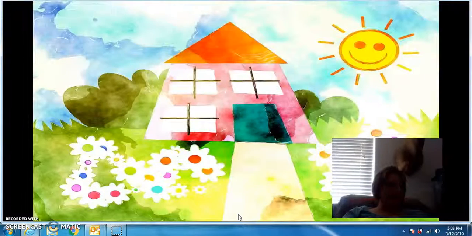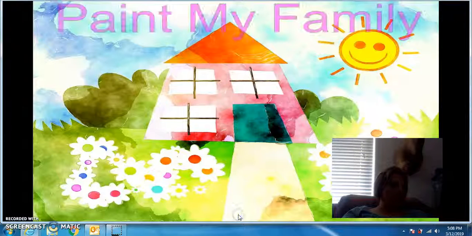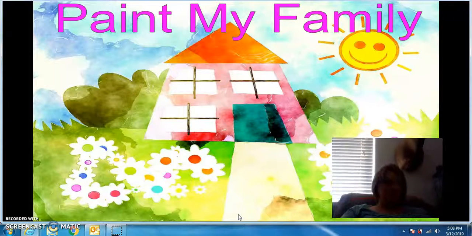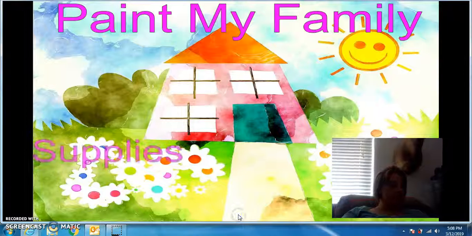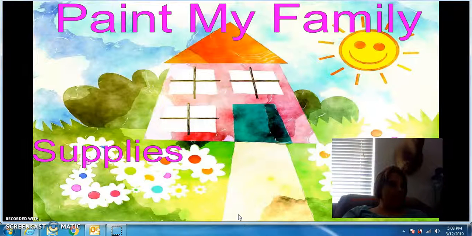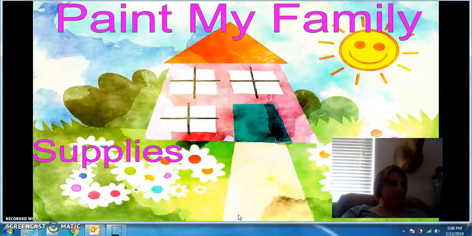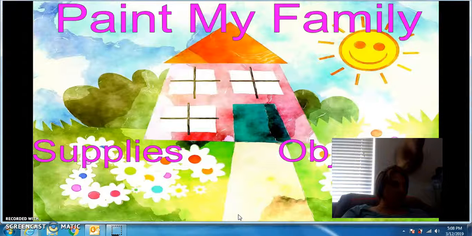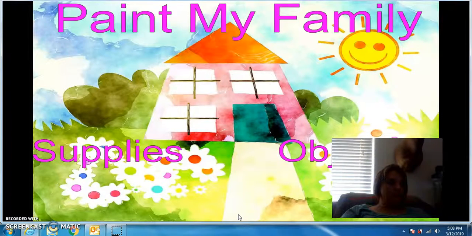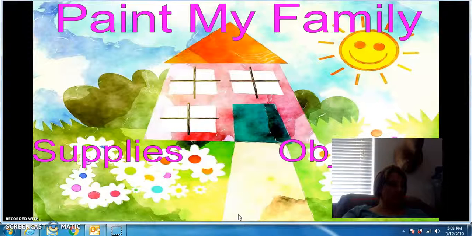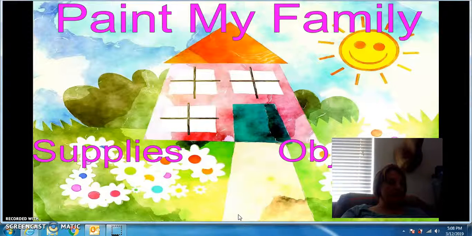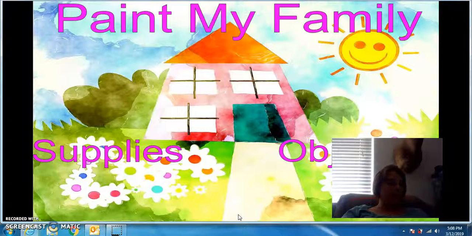The next activity will be painting my family. The supplies needed for this will be paper, rolls of paint, paint primary colors, white construction paper, paint smocks, and pencils. This is an idea that I came up with myself. What kid doesn't like to paint? Part of this standard was to describe places of importance of self, family, and what better way to do it than painting it.